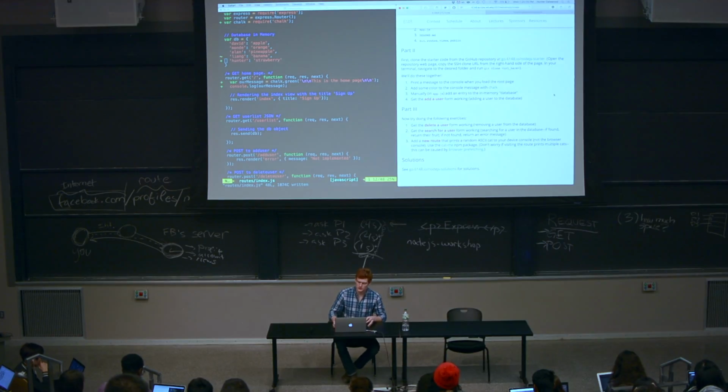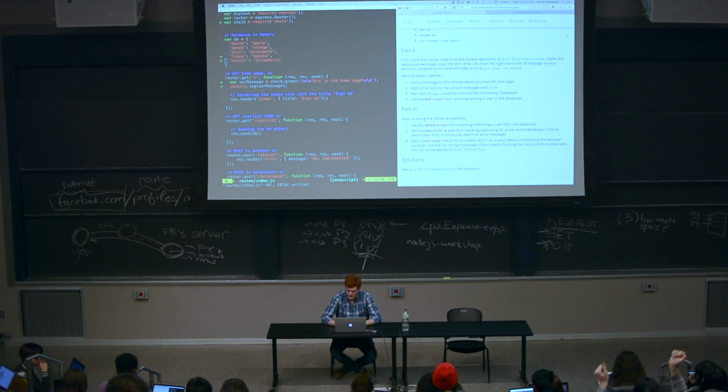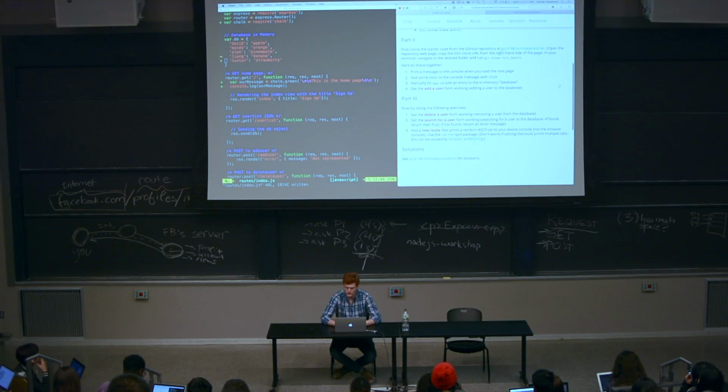All right, so now we're going to get the add a user form working. And if I screw up, I'm going to look at the solutions. Then we'll let you all work on these three exercises on your own. The delete a user form is going to be very similar to adding a user to this step. The search for a user will be slightly different because you have to actually create the form HTML yourself. And then I'd like you all to build a new route that whenever you visit that route, it